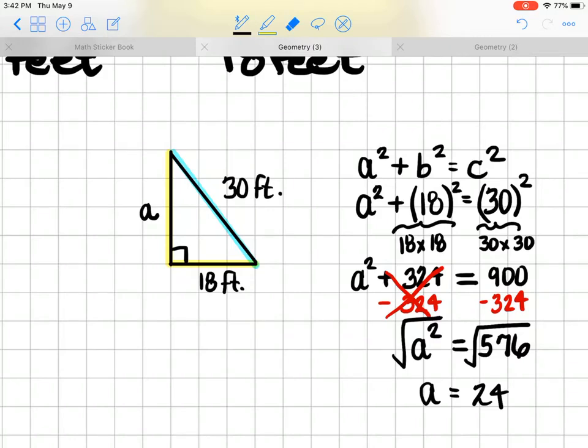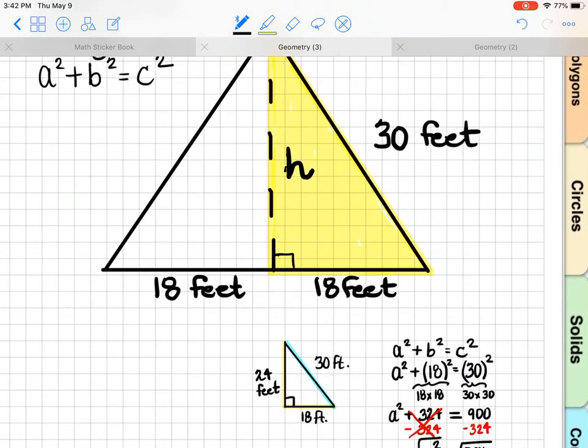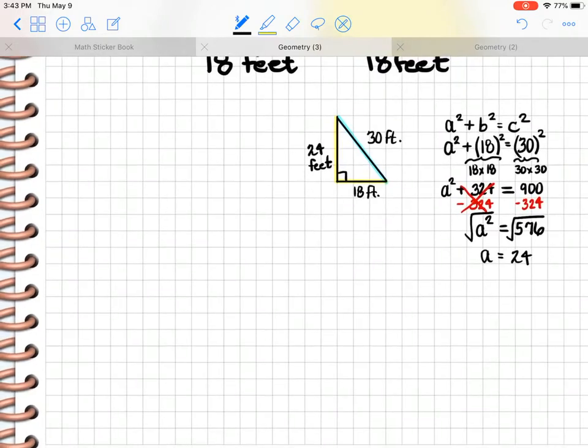So I'm going to come back up here and take out the A and put in the 24 feet. Since I found the 24 feet there, remember that's going to come up here also. We used the Pythagorean theorem in that half of the triangle to get that height. But we still have to find area, and that's step 2. So we're going to find the area. That was our original instruction, using that formula,